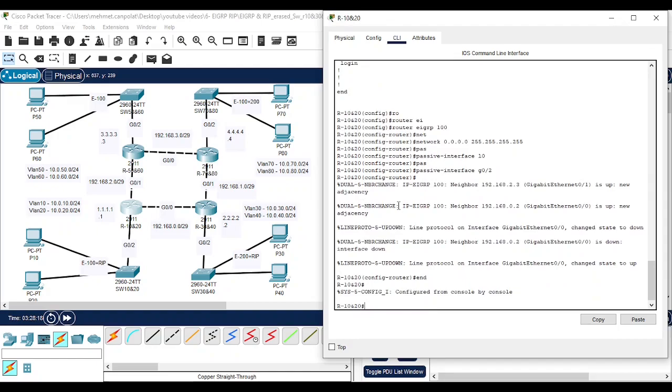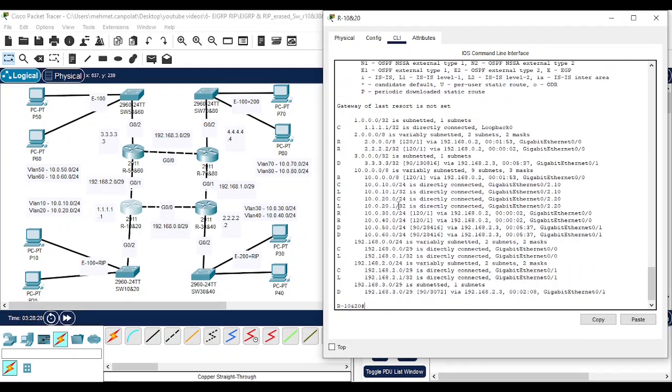We can also check it here. It will see mostly everything, only not 70 and 80 because it's just 200. R4 uses EIGRP 200. Now we will add the